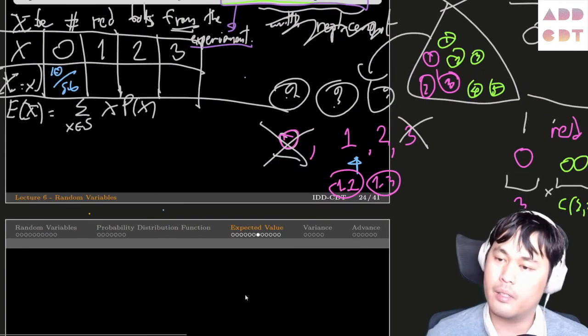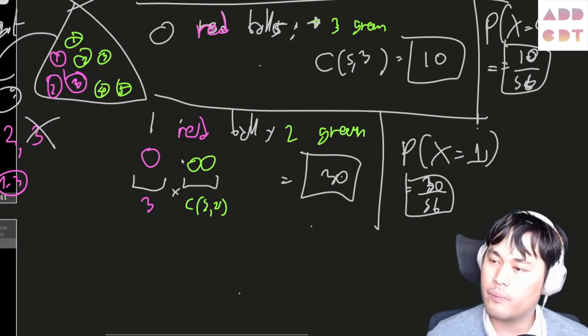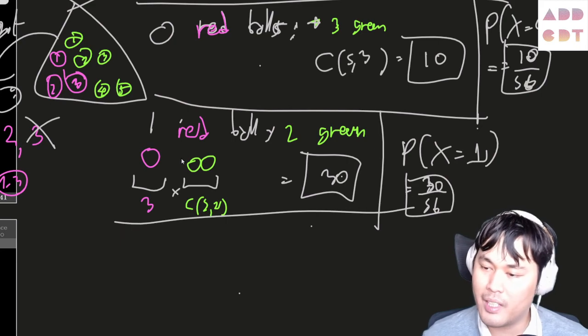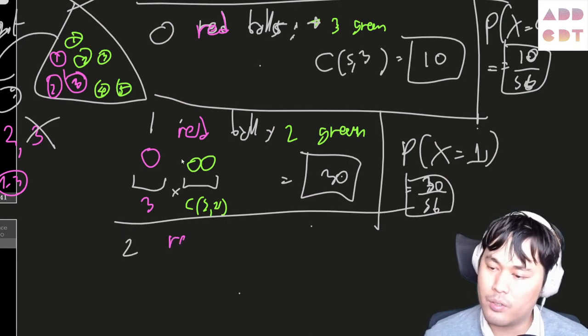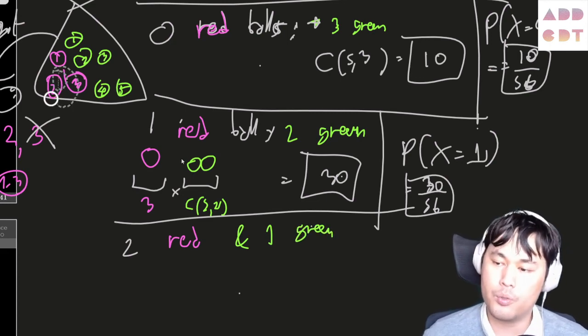So that's the second number. We put 30 there. Next, you can do it in your head, if you get the idea. If you want 2 red balls and 1 green ball, to get 2 red balls, you have to pick 2